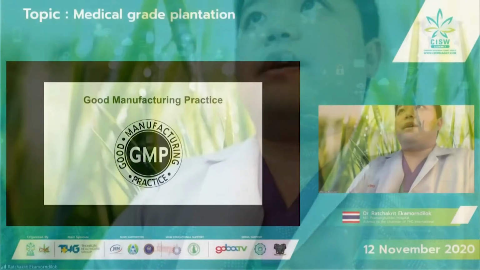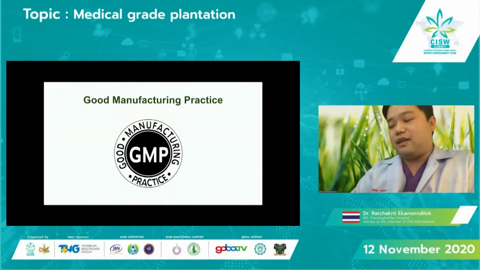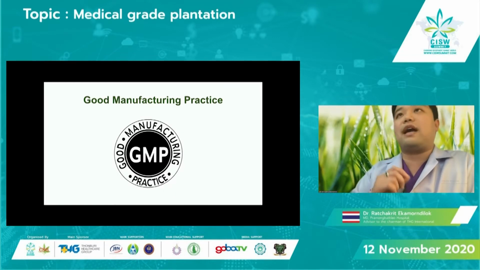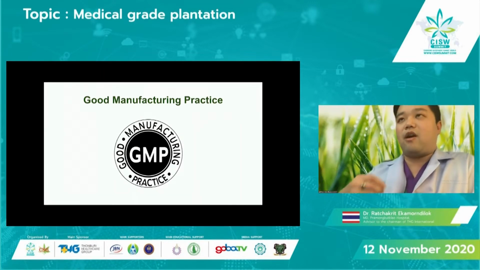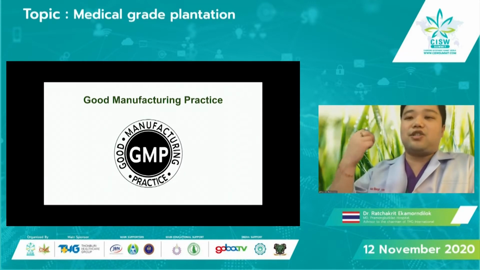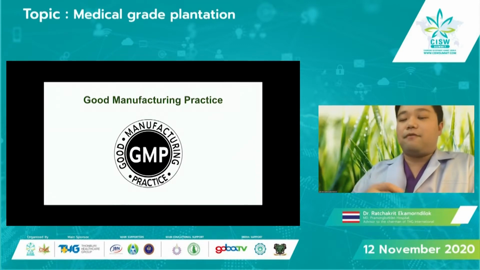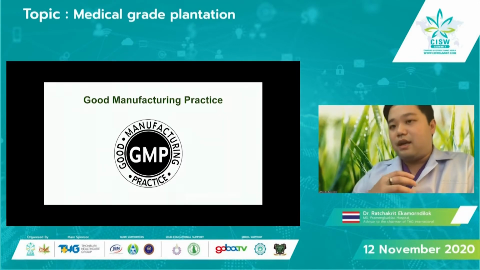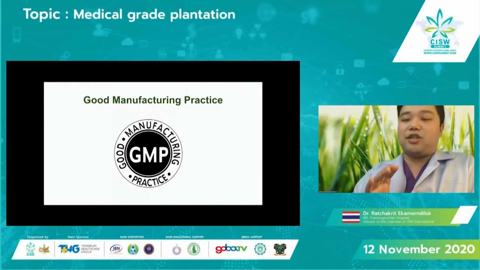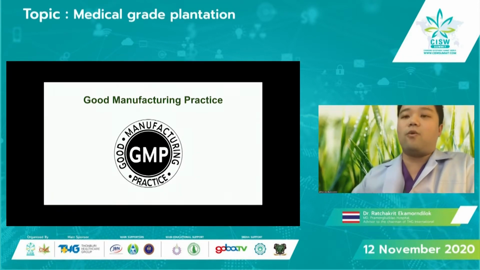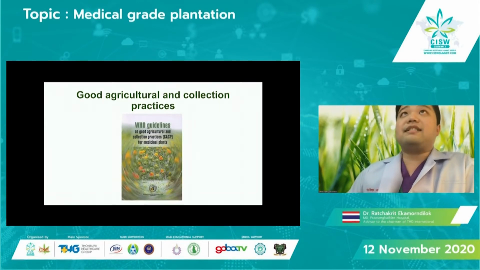So let's talk about GMP first. What is GMP? GMP is Good Manufacturing Practice. This depends on your local country laws. We have Thailand GMP, Australia GMP, USA GMP, so it's different from country to country. If you need medical grade plantation, first you have to study your country's GMP laws, and the second is